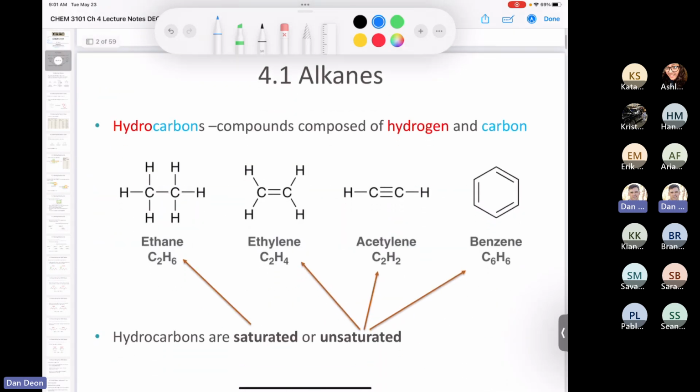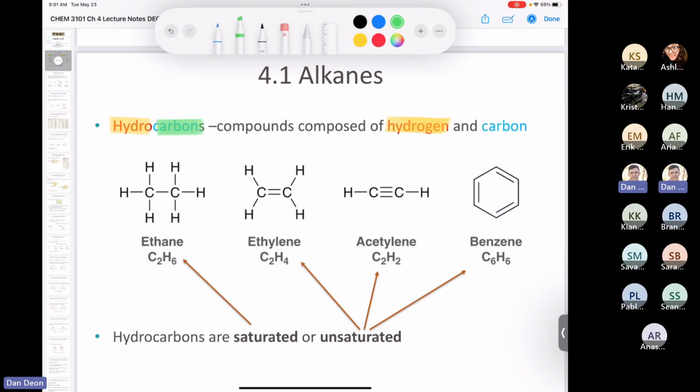So let's start off by talking about what an alkane is exactly. You heard me talk about hydrocarbons before. A hydrocarbon is simply something that is made of only hydrogen and carbon. And as I just explained, any kind of hydrocarbon, and there are 4 of them shown here, is going to be a nonpolar compound because there are no polar bonds in a hydrocarbon. It's impossible. In this chapter, we're going to focus on alkanes, and ethane would be an alkane.